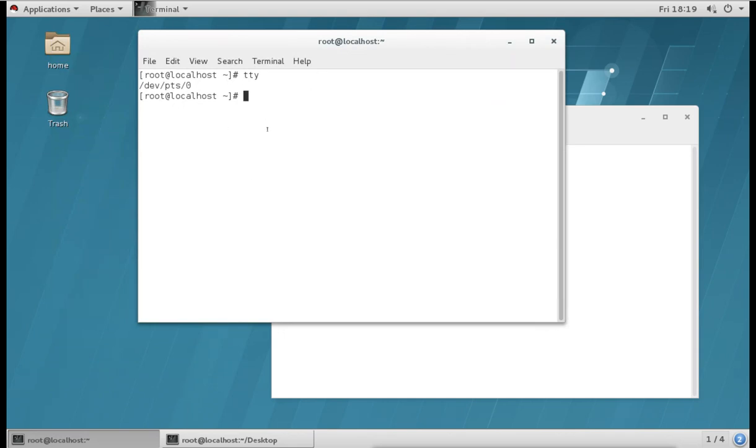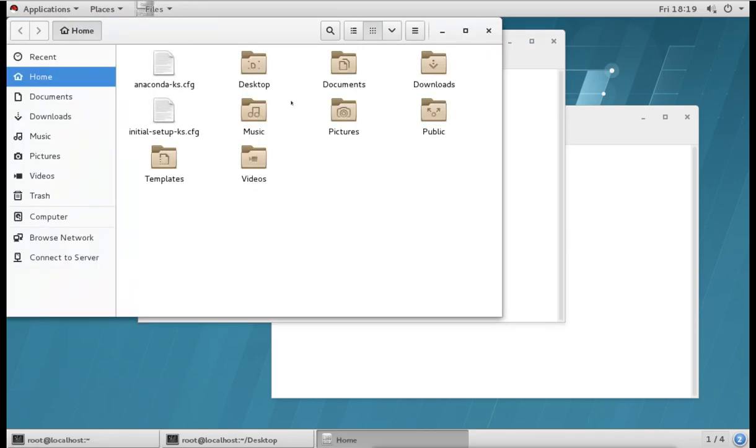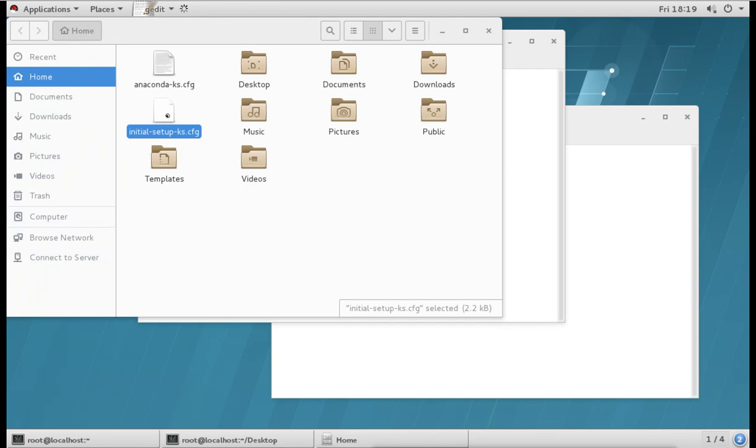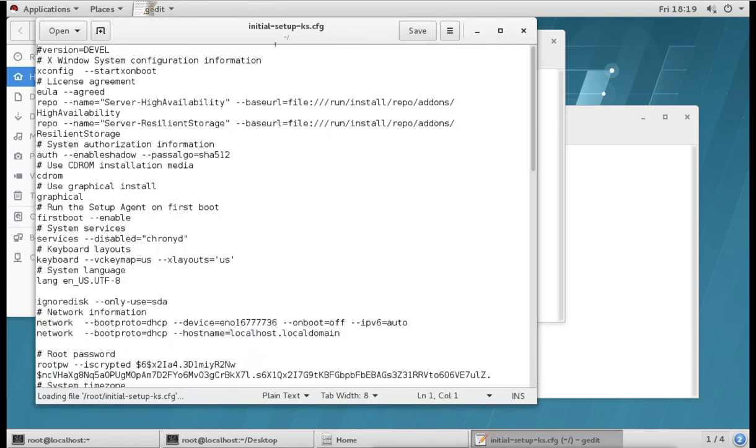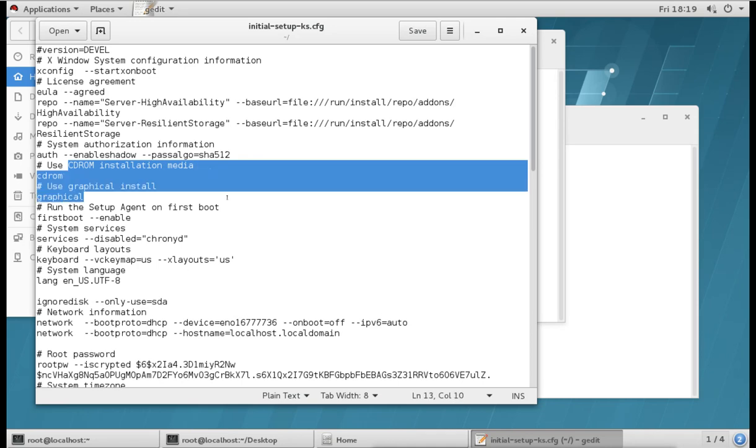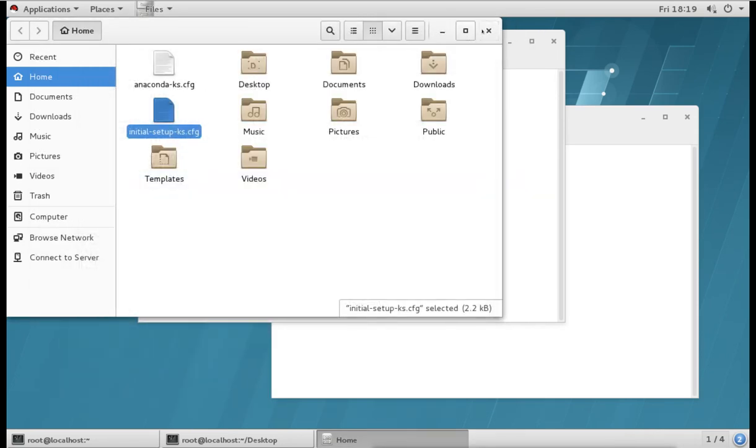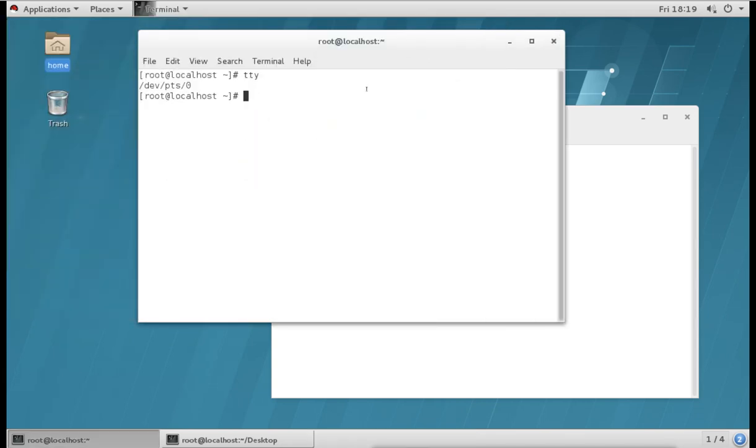So here we also have files, and a tool where we can open a file by double clicking it. It opens in the graphical editor, and then we can just edit it. These things we do graphically very easily, through the GUI. Now the same thing we have to do from the command line.